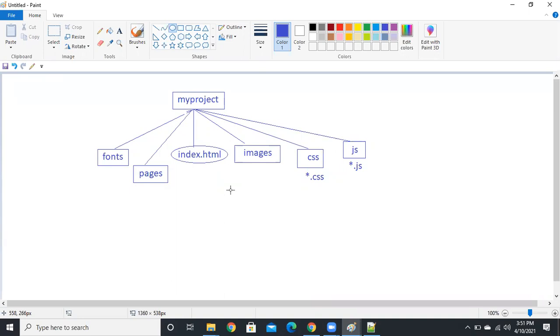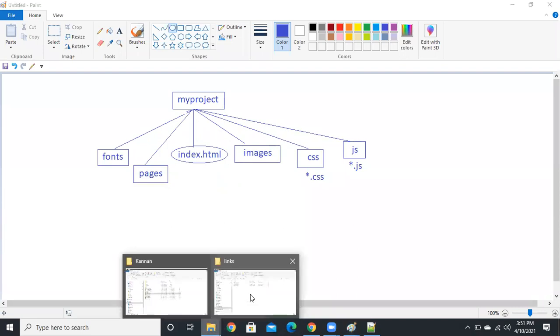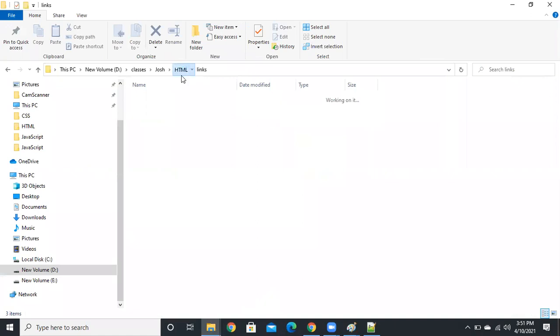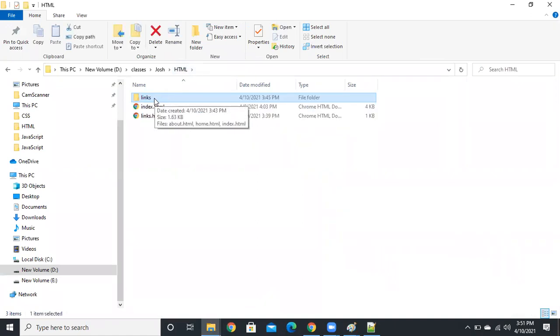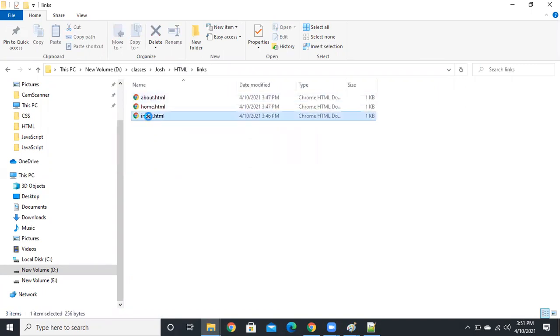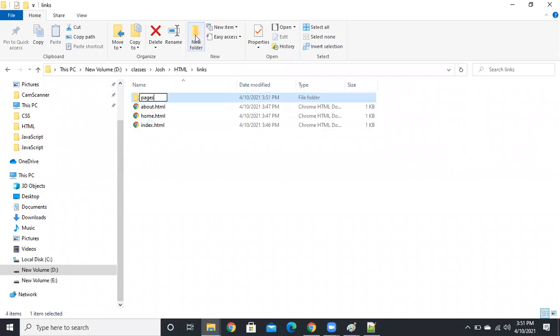Now you guys tell me. See, now guys, my project folder name is links. Links is my project. I'm going to open this project, then I'm going to get the index.html file. Next, about.html and home.html, where can I store them? Which folder do we need to create? Pages folder. We need to create a pages folder and insert these two files in that, guys. As of now, we don't have any images, CSS or JS, so we just need to create the pages folder. So in the pages folder, I'm going to insert these two files.